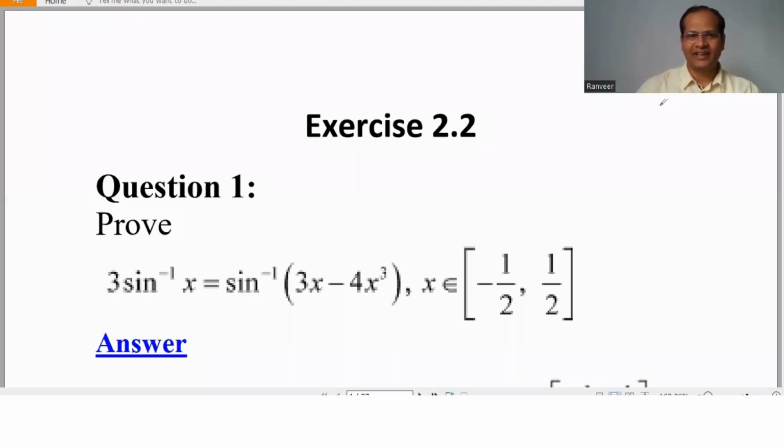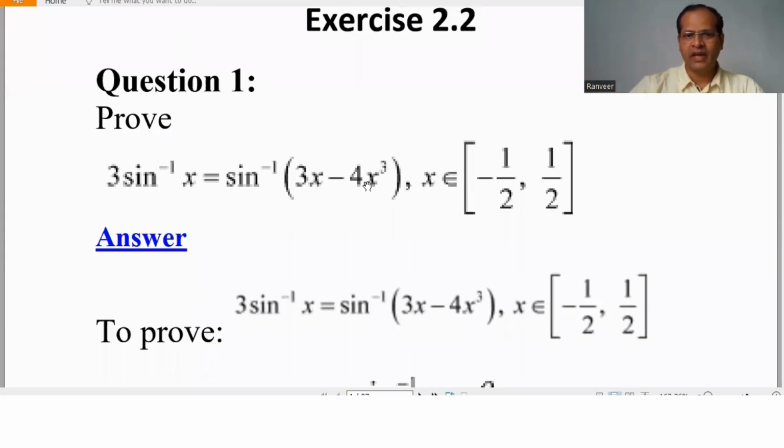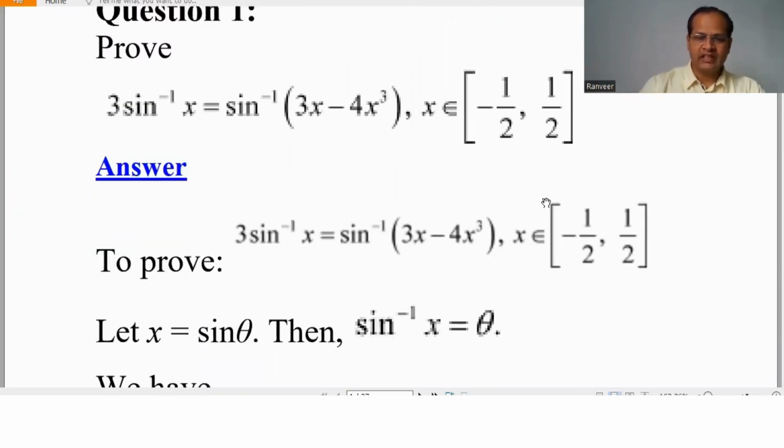Hello dear student, exercise 2.2, question number 1. 3 sine inverse x equal to sine inverse of 3x minus 4x cube. We have to prove this when x belongs to minus 1 by 2 to 1 by 2. So this is the question in which we are using the